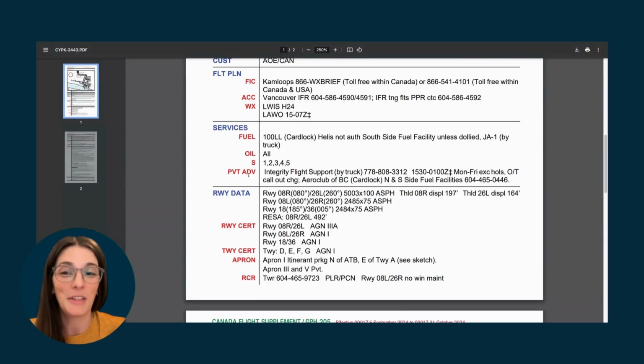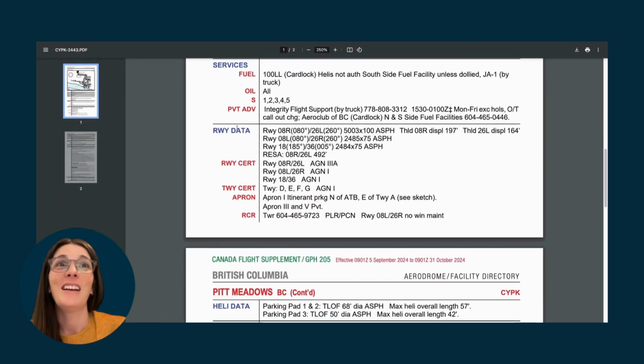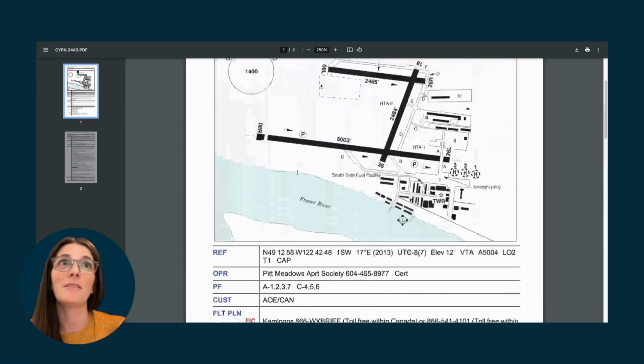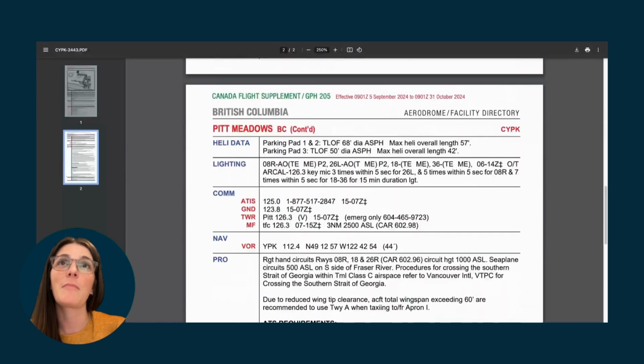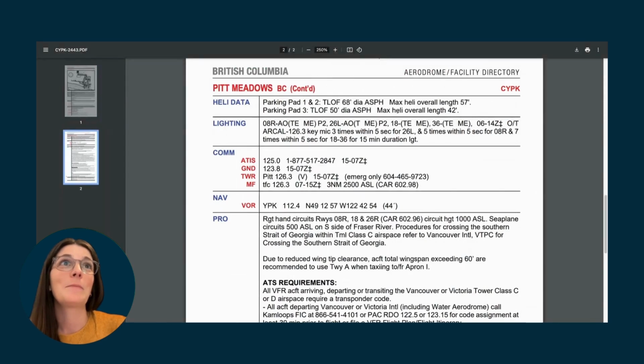Services, not super relevant for drone pilots. Runway data, still not super relevant. There's nothing in here that is relevant that you couldn't get from the visual up here. Heli data, still not super relevant. Lighting, kind of relevant. If you have your ROCA, you can do something kind of cool here with the